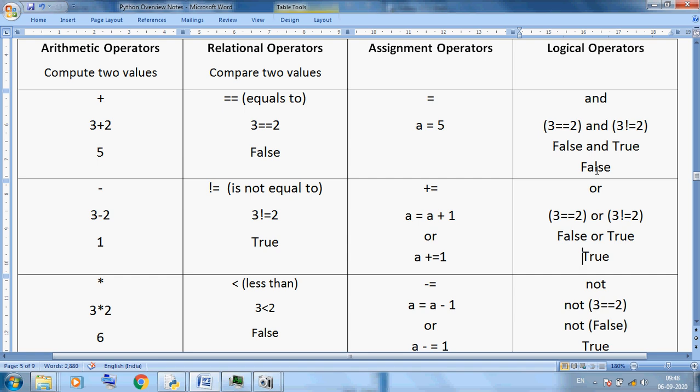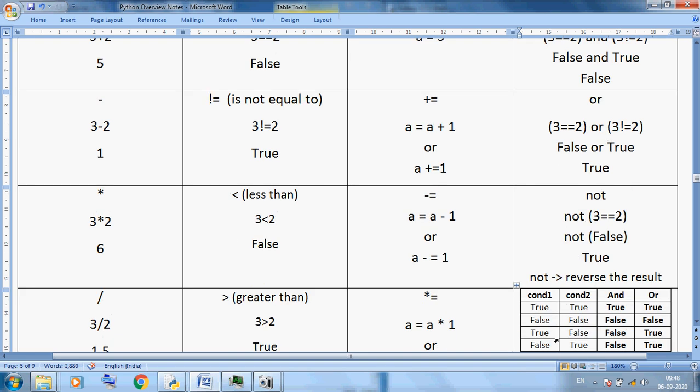Now I use the same equation here, but I make only one change: OR. Only OR. You can see this is OR. Condition 1, 3 equal to 2, we know is false. 3 is not equal to 2 is true. Here one false, one true, but here is AND, and here is OR. So when one is false and one is true, finally OR gives true. You can see in the OR operator one false and second true, finally it will give true. So you can see the final output is true.